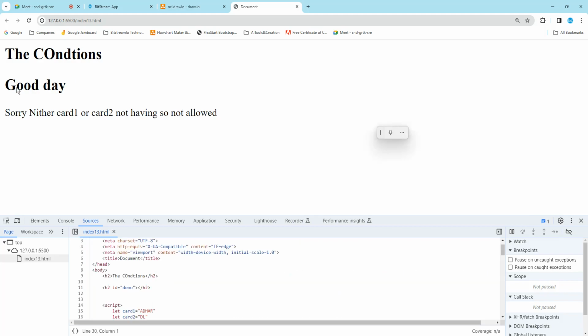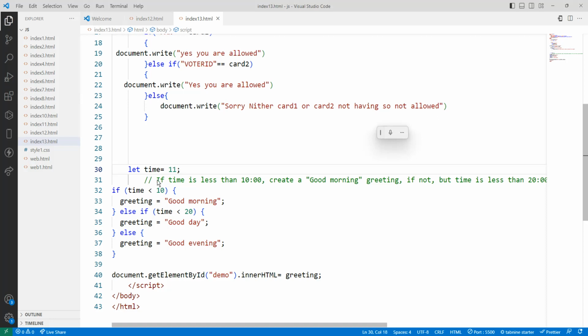So it is printing good day. How is it printing good day? What is the time? The time I have mentioned here is 11. Is 11 less than 10? No. So this block will not be executed. Then the time is 11. Is 11 less than 20? Yes, so it is printing good day. That greeting is going to be printed. What if I make it